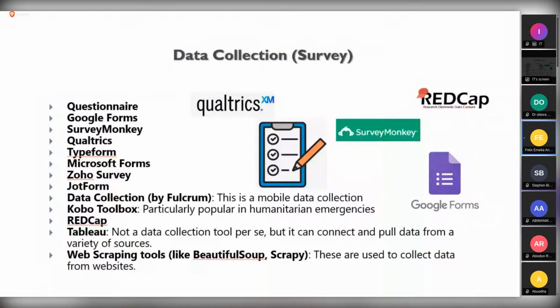So these are different data collection tools, especially for those that are into surveys. There are many of them. There may be much more than these, but these are the ones that are really popular. I have used Qualtrics before. It's an online tool where you take data in real time. REDCap is the same thing. SurveyMonkey, Google Form. So these are different data collection tools that can help you collect data in real time. Zoho Survey is also popular. KoboCollect Toolbox is also popular.